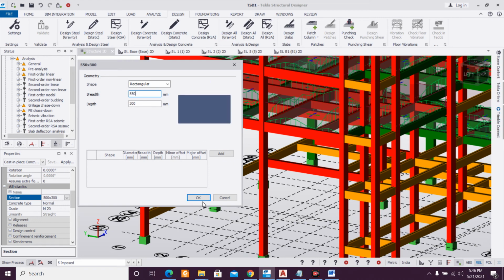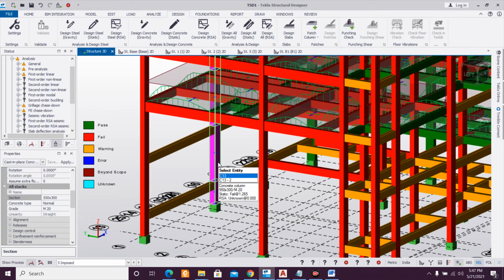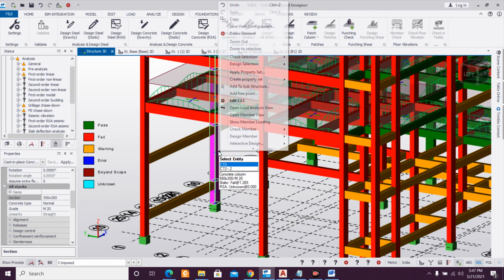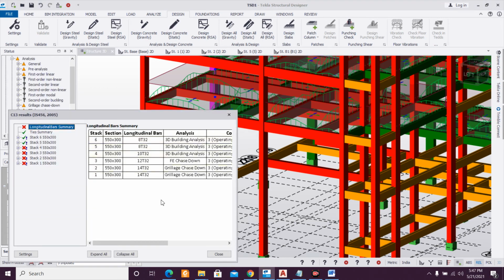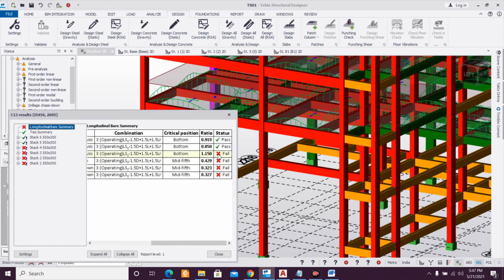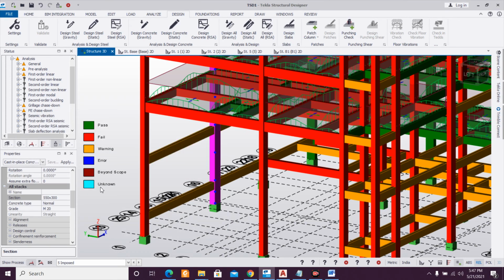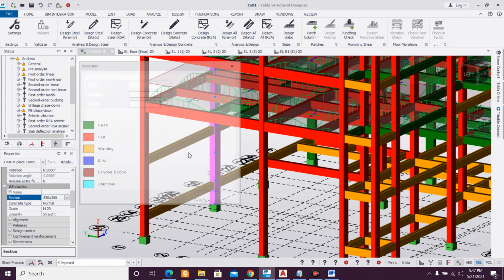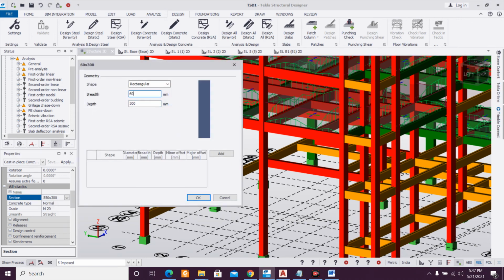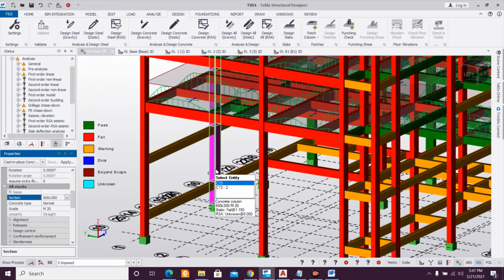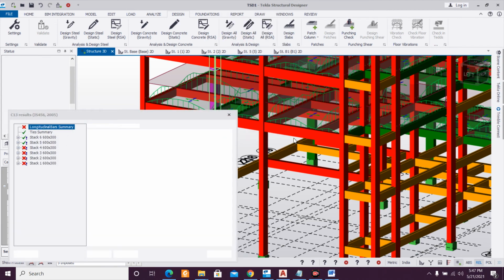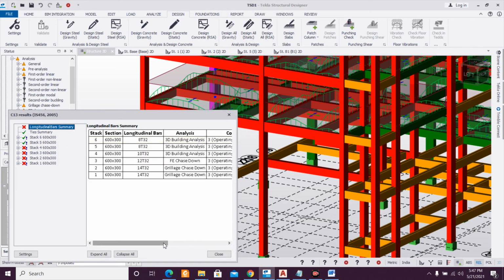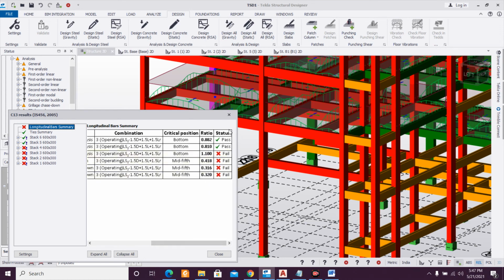550, a little bit more. Only a little bit more required. 600, I think it will be final. 1.1, very small amount.